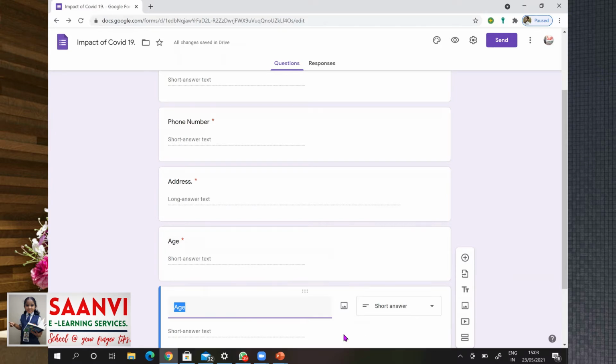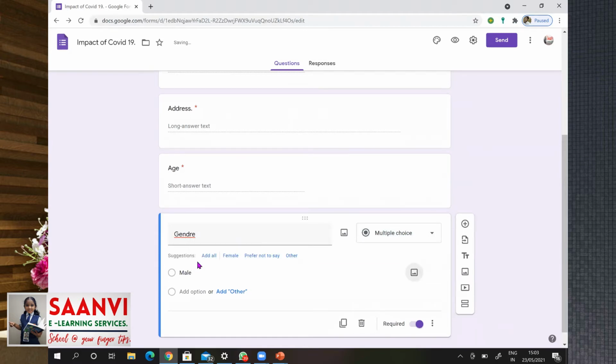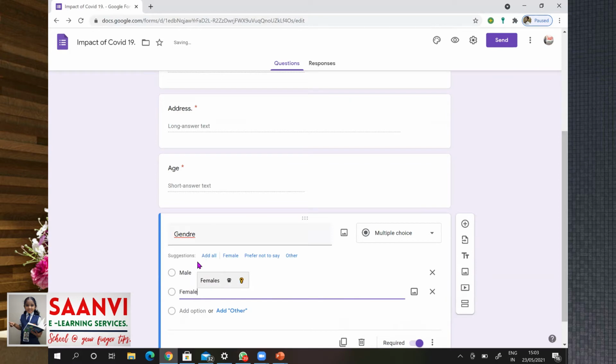To understand the situation better, let us know if they are male or female. To know, let us add gender field with male, female options. We need to choose multiple choice to add options like male or female, so that the user can choose only male or female.